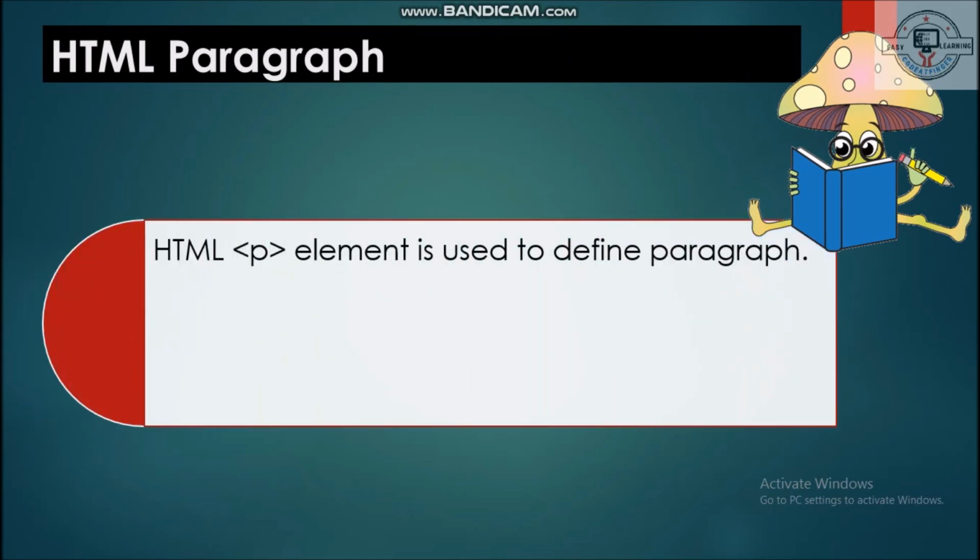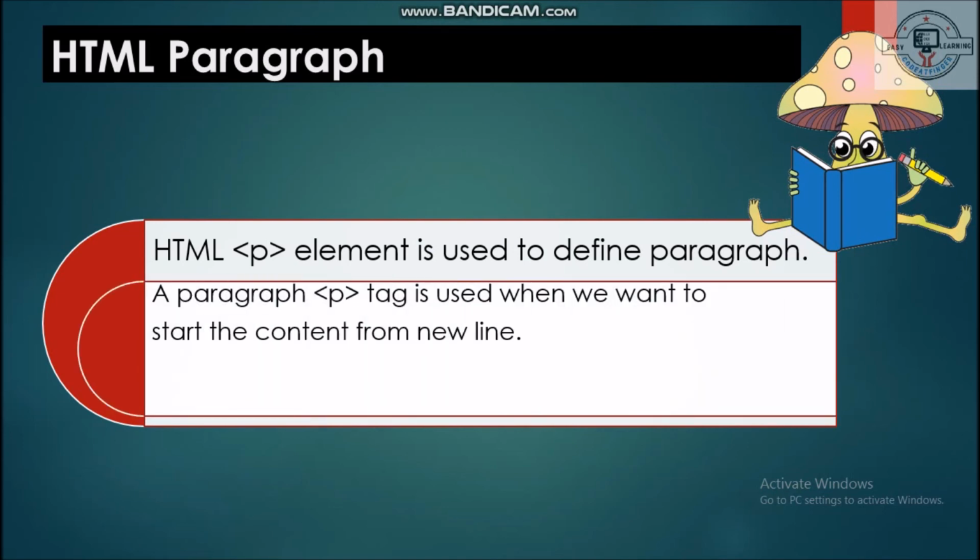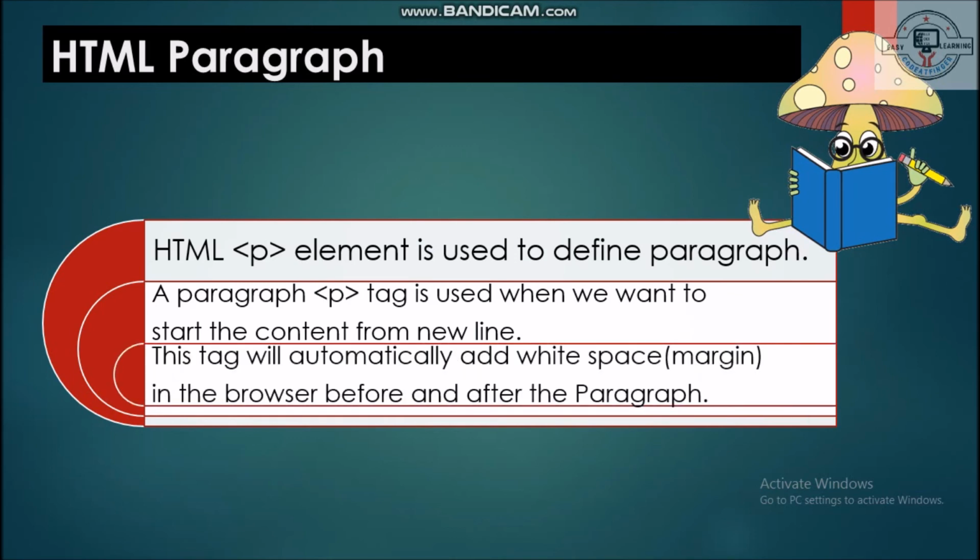Next is HTML paragraphs. For this we have to use some other tag. That tag is P. So the P tag is used for creating your paragraph. Whenever we are giving a paragraph, that means our content will start from a new line. And next, what will it do?